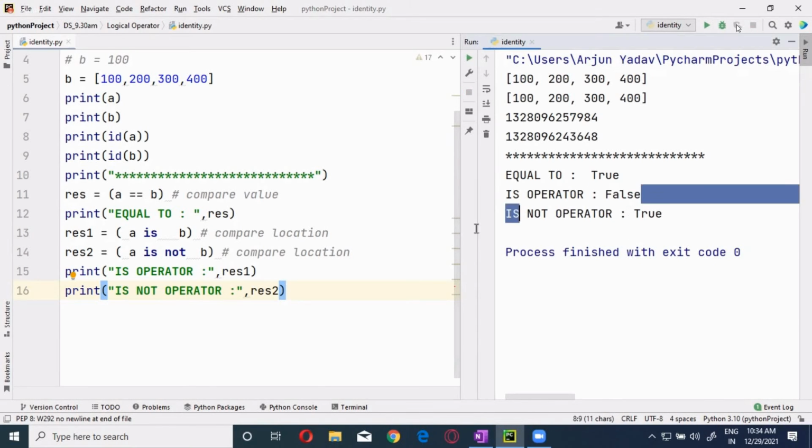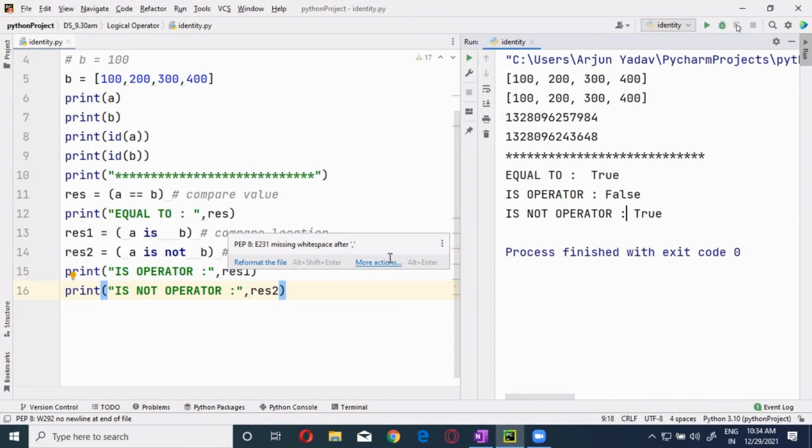Okay, guys. Here, any doubts? Why are they showing a different ID? Different location. That's the nature.